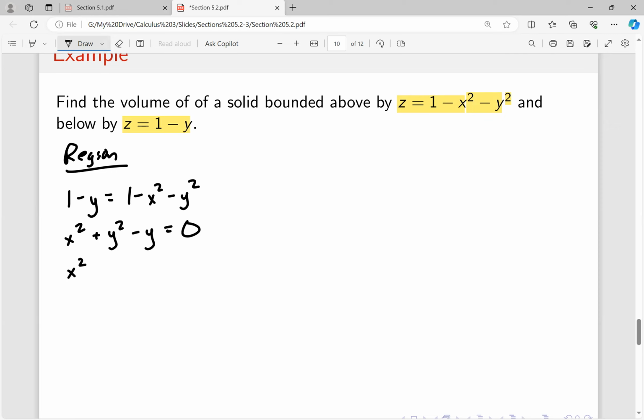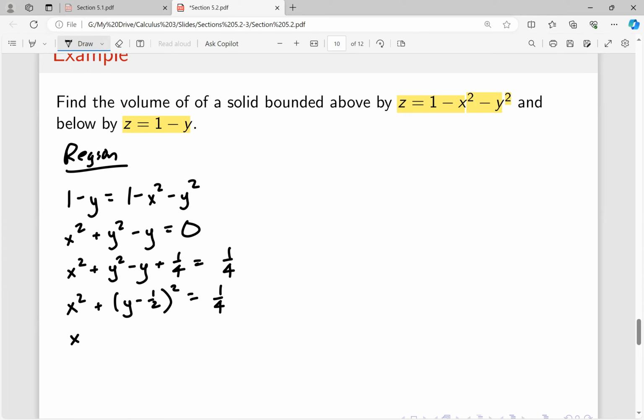So if I do x squared plus y squared minus y plus 1/4 equals 1/4, then I have x squared plus (y minus a half) squared equals 1/4. And so dividing both sides by a fourth, which is 1/2 squared,